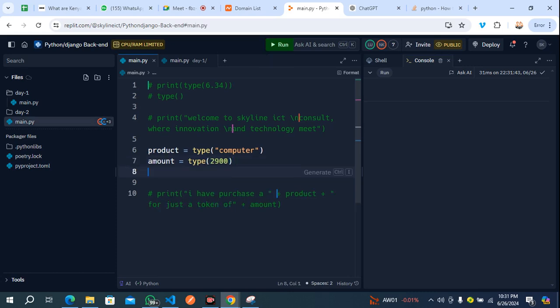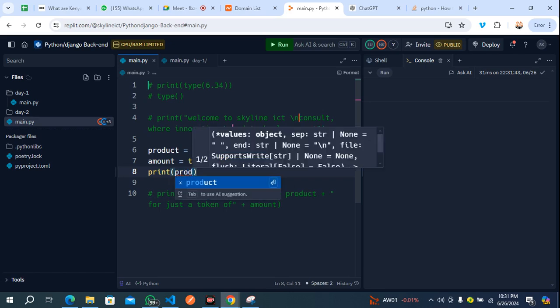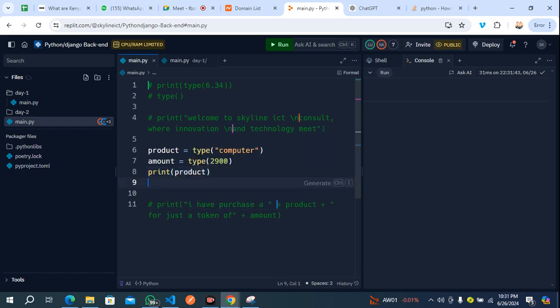okay, let's print them. Sorry. So let's print. You can see if you don't print, you're not going to see anything. So let's print product. Then let's print, okay, computer is a type of. So I put my quotation mark here.